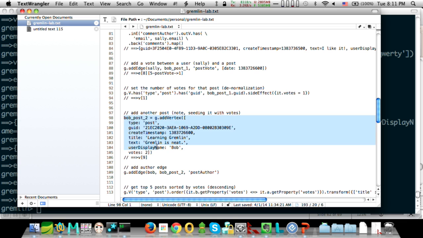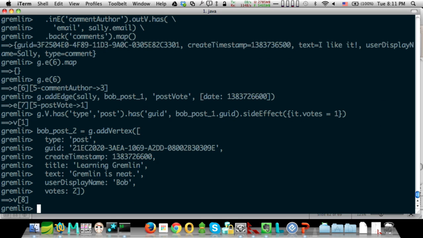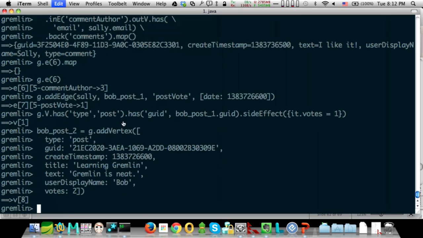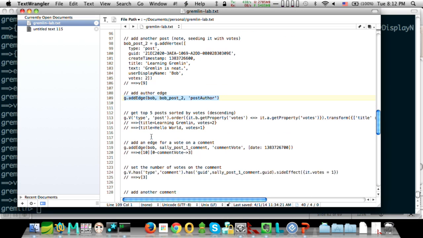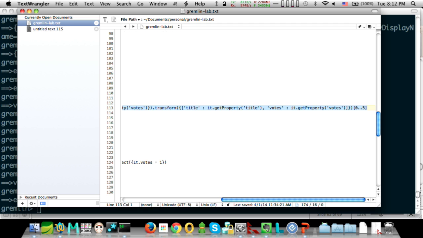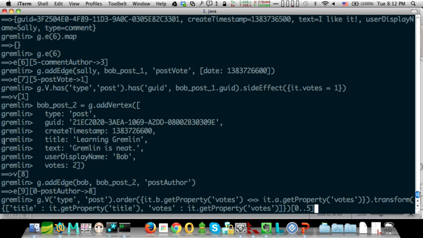So let's add another post here, getting close to the bottom here. So here's another one, another post Bob created. Let's make him the author. And then now we can do things like, give me the top 5 posts sorted by votes. So let's paste that in and take a look at it.